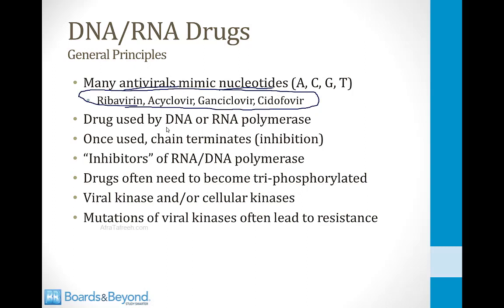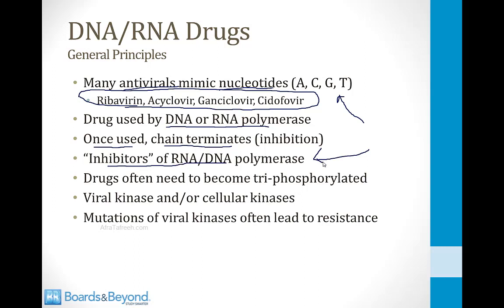The drug gets used by DNA or RNA by mistake. It wants to use a nucleotide, but instead it uses the drug which looks like a nucleotide. And once the drug is incorporated into the growing DNA or RNA chain, the chain terminates. So they're described as inhibitors of RNA or DNA polymerase, but it's important that you understand the mechanism by which